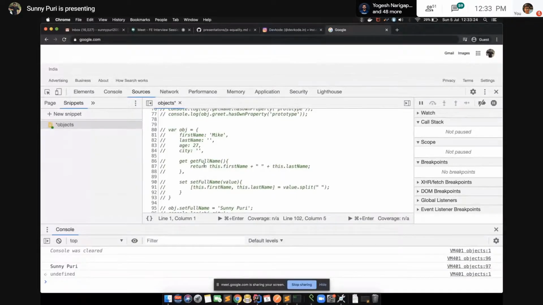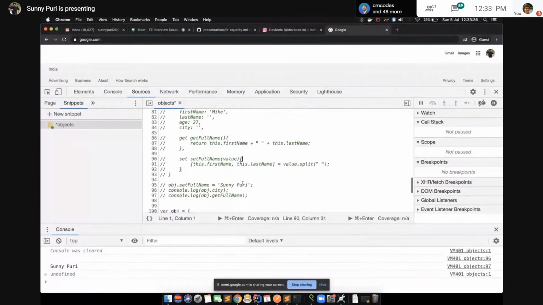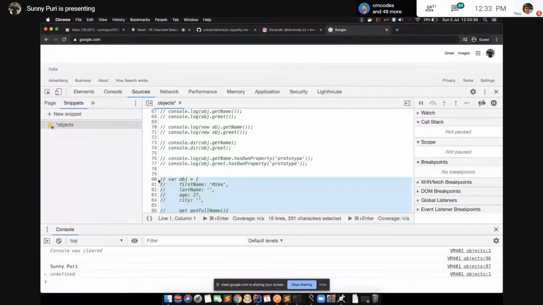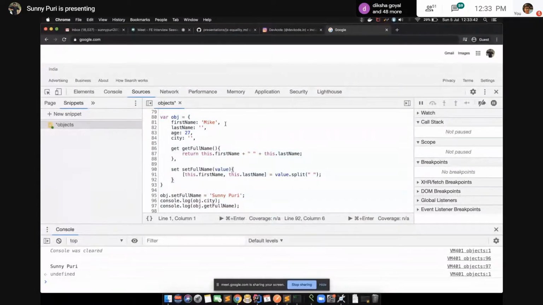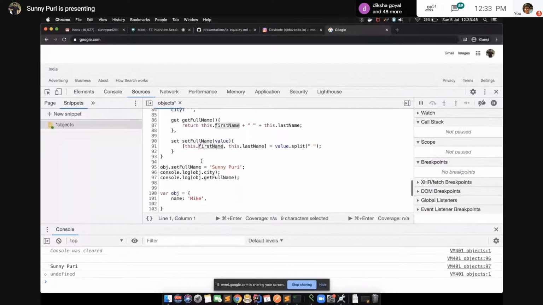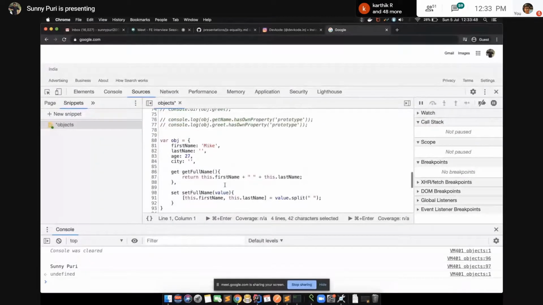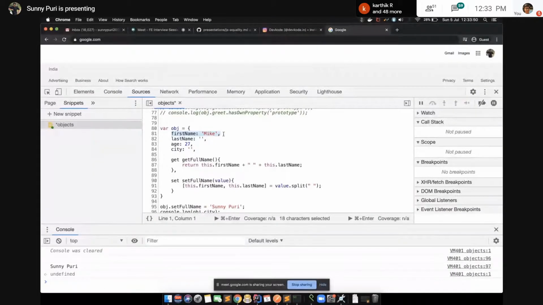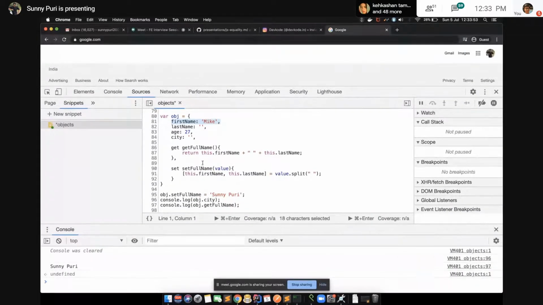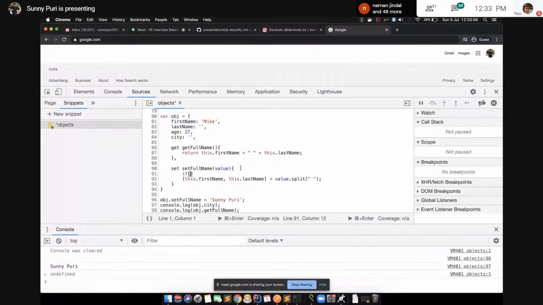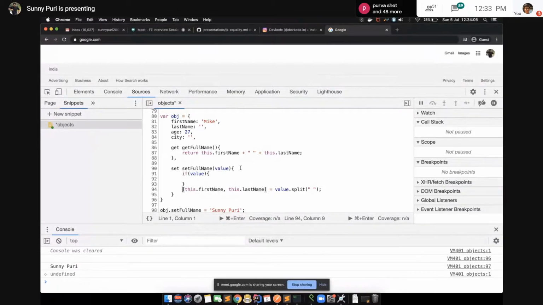Usually what happens when you go for a singleton or some design pattern, right? Suppose, for example, I don't want any edit without some logic. So for example, let's say this property is private. Let me comment it out. So in this case, let's say this property is private. I have not exposed it and I want to edit only through this setter. So for example, if I say if value is empty, don't edit.